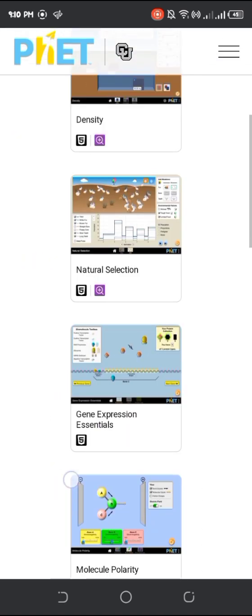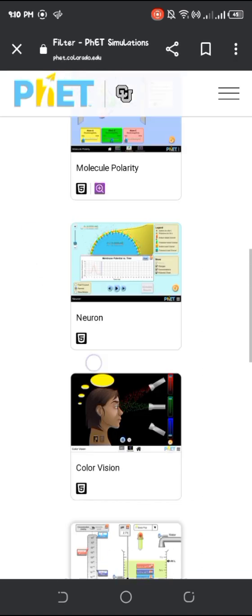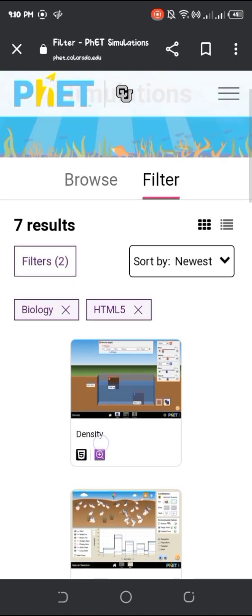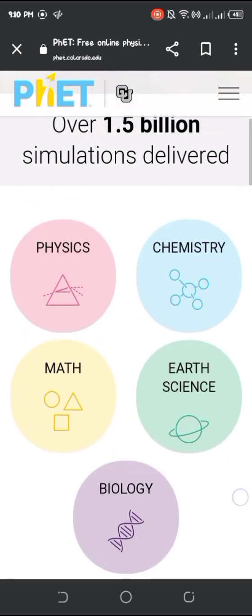This is the content of biology. You can choose different games or simulations. And lastly is earth science.